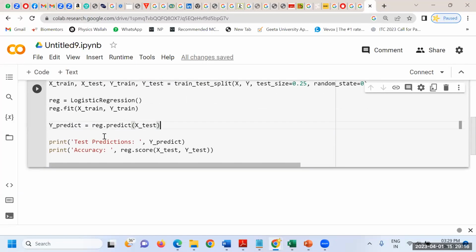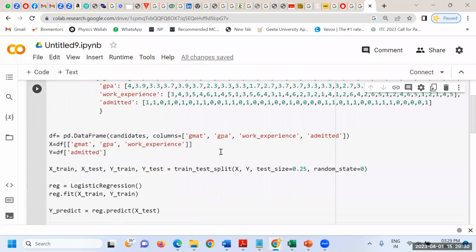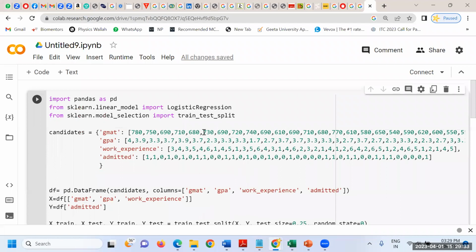And ultimately I'm going to predict the value of this one, printing the predicted value, that is 0, 1, 0, whatever the prediction may be. And what is the accuracy of my model? 80%, 20%, 30%, whatever the accuracy may be. But it all depends on the data that you are filling. If you give the data randomly, you may not get the accuracy.